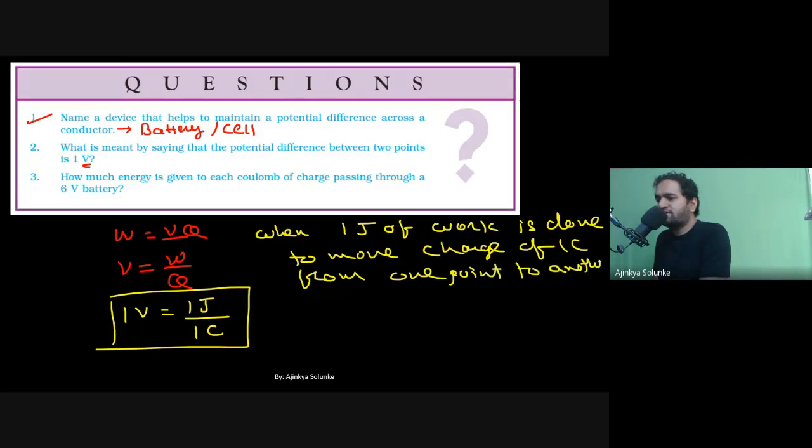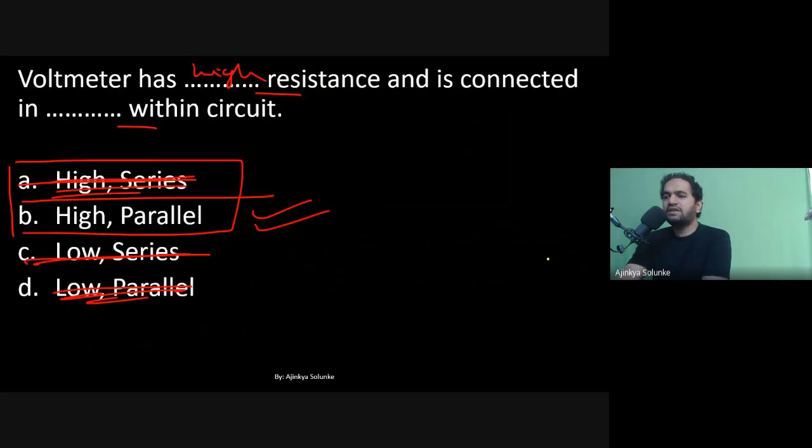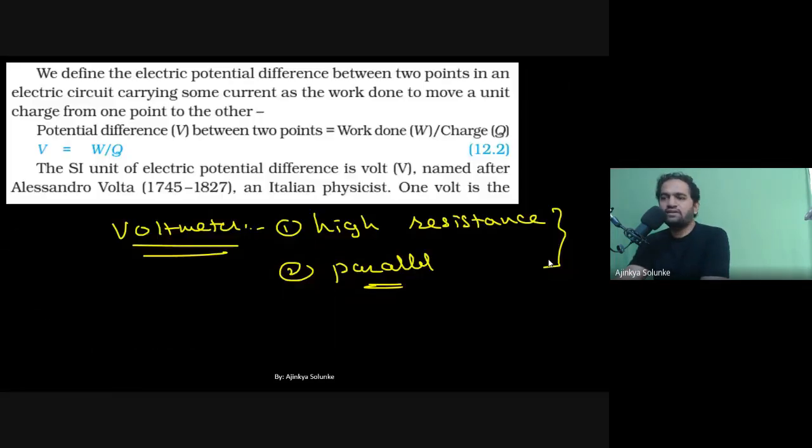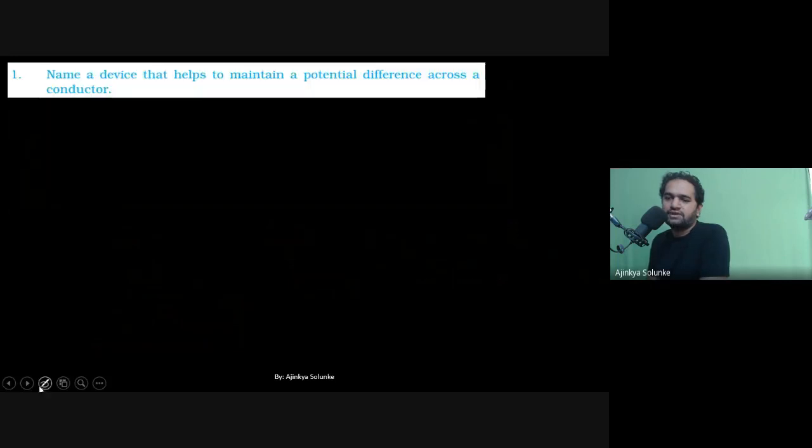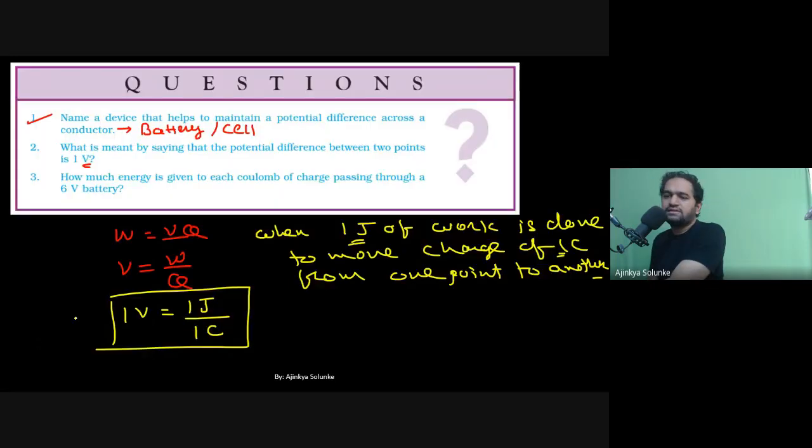Have you already seen this definition somewhere? Yes, right? Initially only you have seen this definition of potential difference somewhere. We have written that. All we did was we modified this for 1 volt, 1 joule and 1 coulomb. This is the same definition you have written for potential difference. All we did was we added a few words like 1 joule of work and 1 coulomb of charge, and we rewrote that definition. Okay? So that's your second answer. Potential difference is 1 volt when 1 joule of work is done to move a charge of 1 coulomb from one point to another. Let us go for the third one.